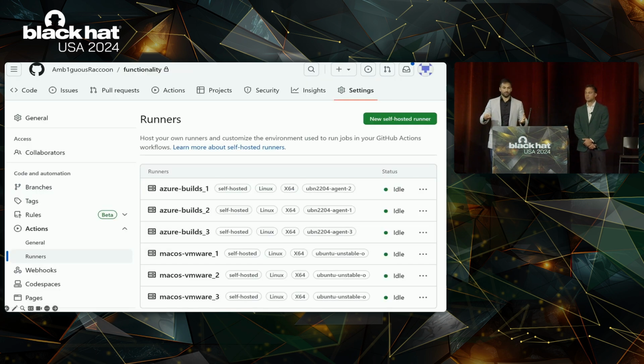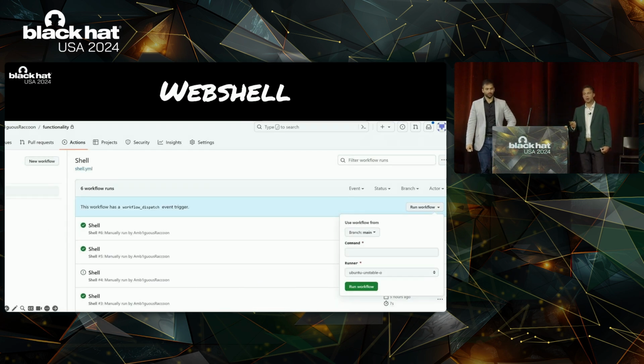After I saw the runners check into my C2 repository, if anyone's familiar with C2, this almost looks like a C2 panel, right? So this is our own GitHub repository, and it's all of our self-hosted runners just checking in. And what's great about this is you can just make a little web shell workflow, and then you can use the workflow dispatch to execute commands directly on your self-hosted runners, and it operates just like a web shell.